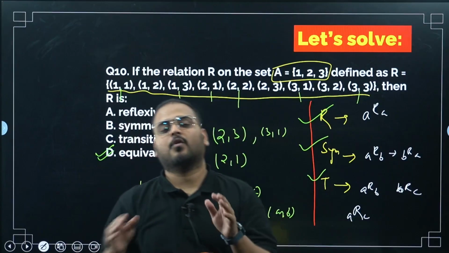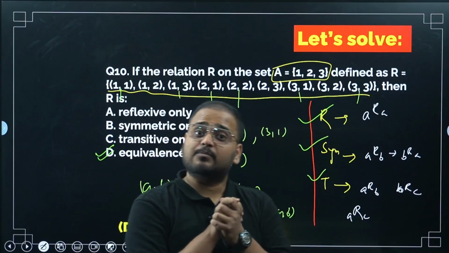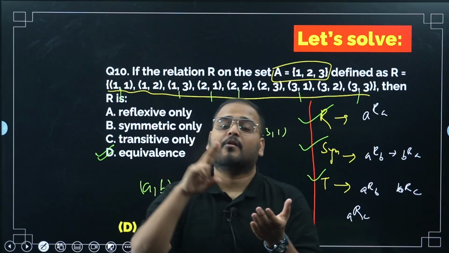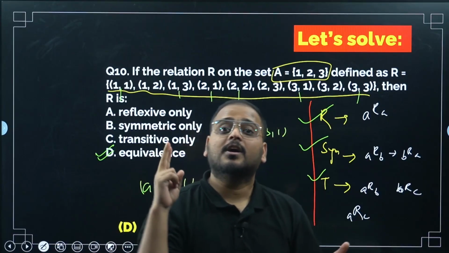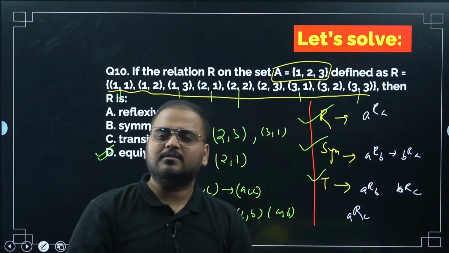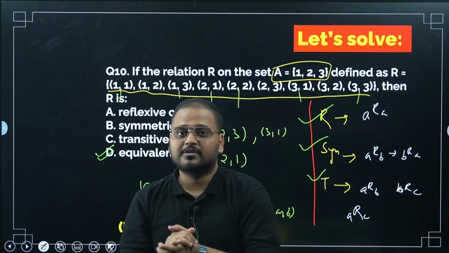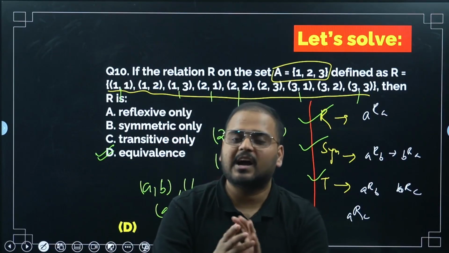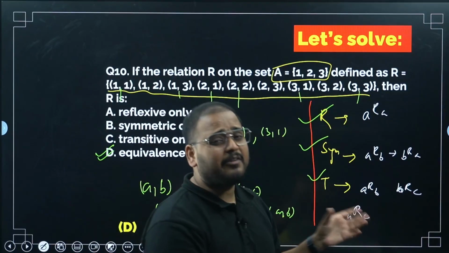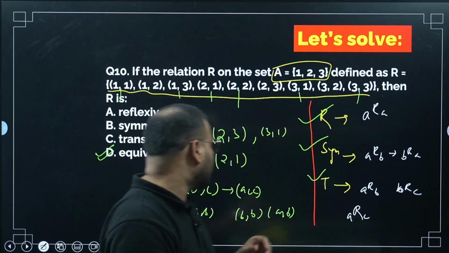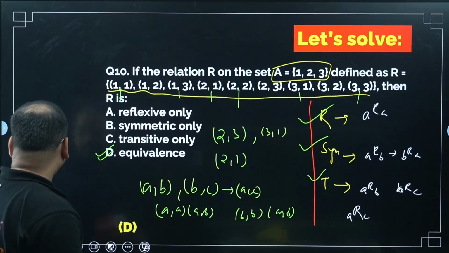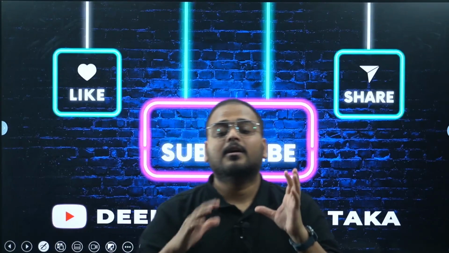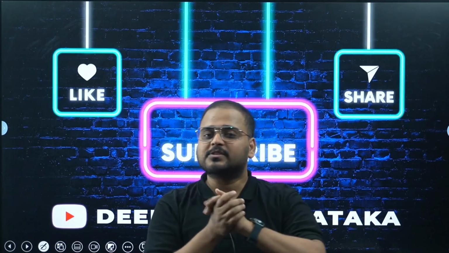Okay, I have taken all types of questions in this session. There were some questions on different functions also. We did questions on trigonometry, and we did questions on logarithm also. All kinds of questions that I can think of which relate to this session, I have considered, and we have solved 10 very good questions for the chapter relations and functions in the subtopic types of relations. I hope this was very helpful.